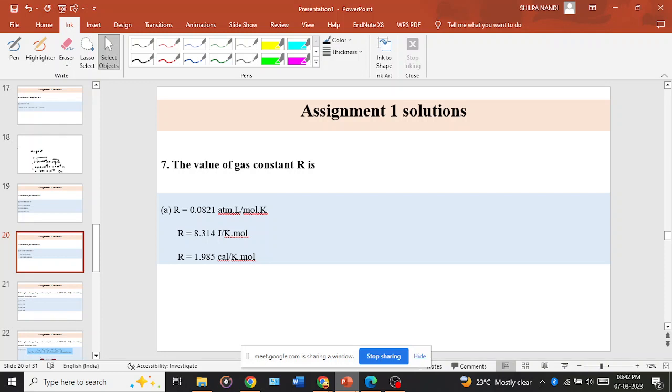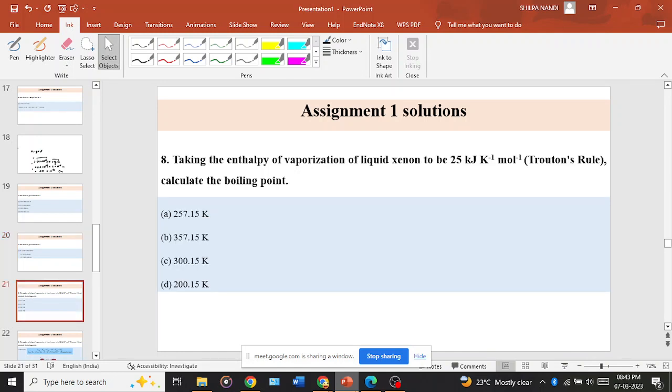So you need to remember every unit, and you must see what the question is asking from you, and then apply the units correctly. Don't confuse between 8.314 and 0.0821. Eighth question, we talked about the enthalpy of vaporization, which was given to us as 25 kilojoule